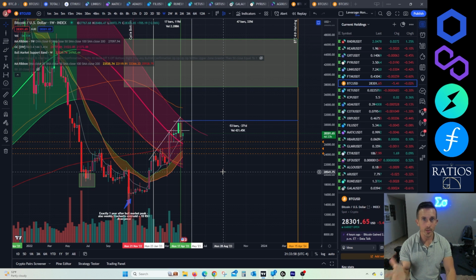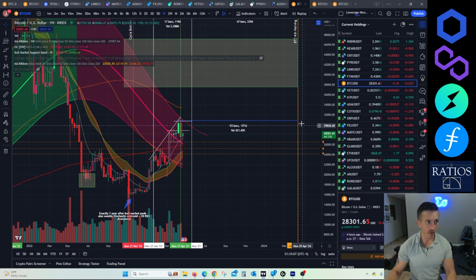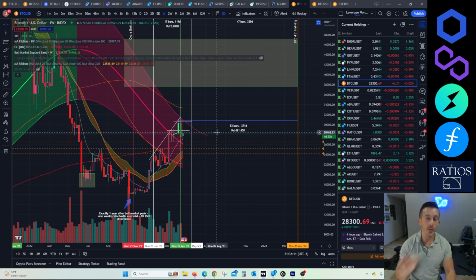If something good happens, I react. If something bad happens, I react. To me, this is a very good setup from what I'm looking at right now. So we're 371 days from the halving, which is exactly, to the day, the amount of time that happened in the last cycle from the halving to when it broke through the Gaussian channel on the weekly chart.